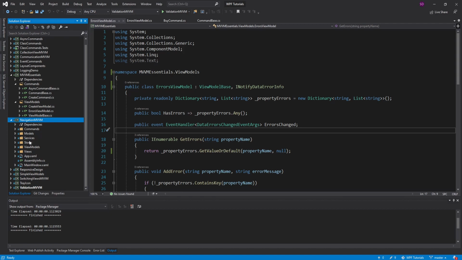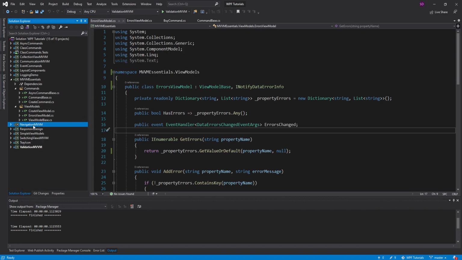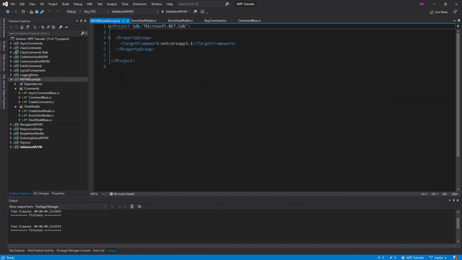Still working on this tutorial, but I'm sure I can find a way to incorporate that into my MVVM Essentials series when I'm finished up with that. Stay tuned for that series, it's going to be a good one. Anyways, it is now time to package this into a NuGet package.